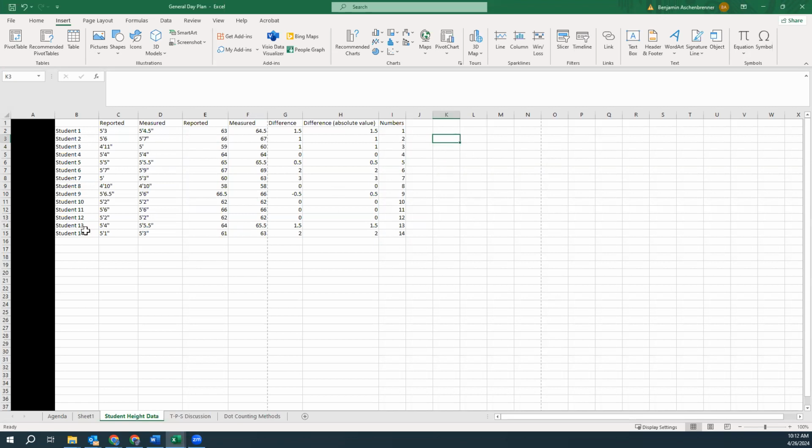Here's the data set. A bunch of students reported what they thought their heights were, then measured themselves. I converted that into inches, and then I looked at differences with absolute values. So I got a bunch of numbers here. All right. And the first thing I want to do is talk about the concept of